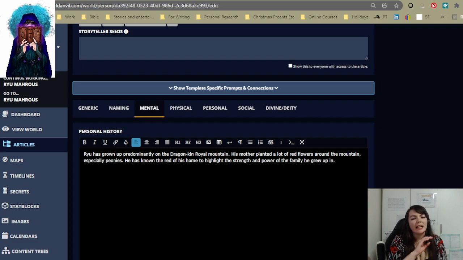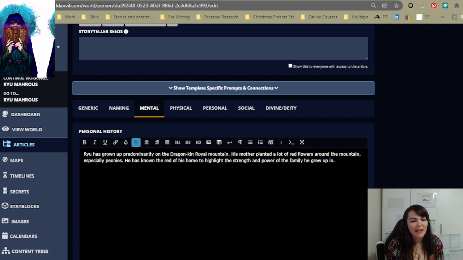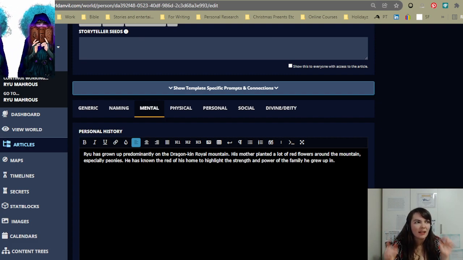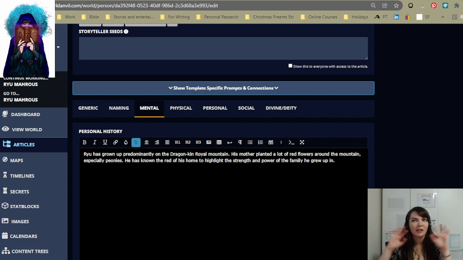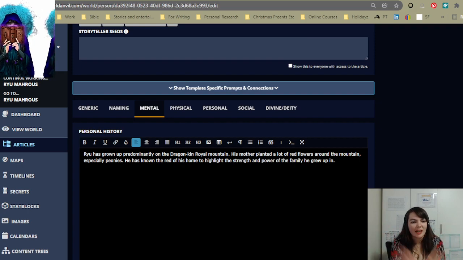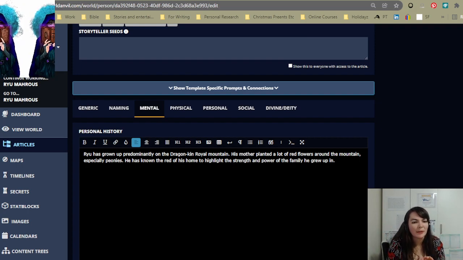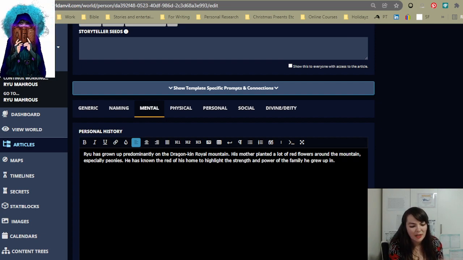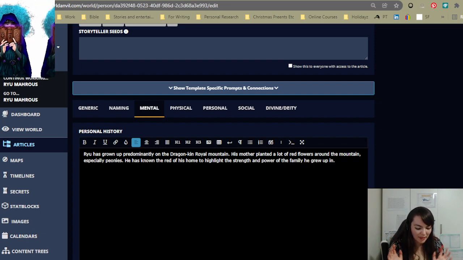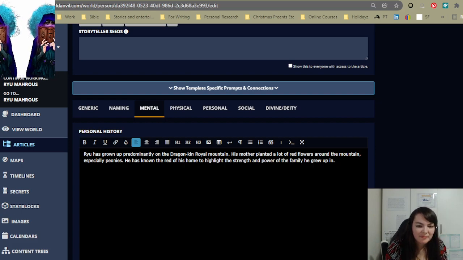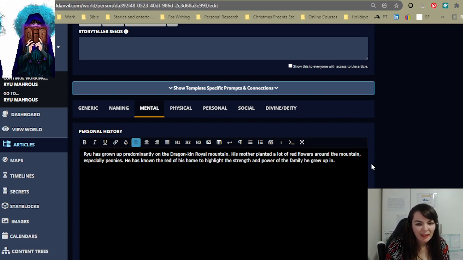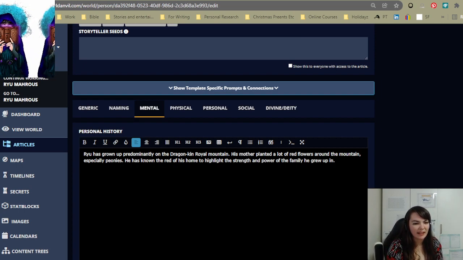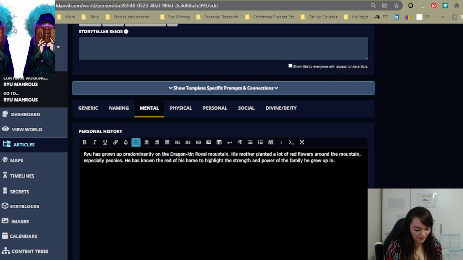So that's why his mother planted a lot of red flowers around the mountain. That picture shows that dragonkin are the strongest, so to be covered in red shows they have the most magic, the most strength, the most power of all the beastkin. Yeah, so which means that he